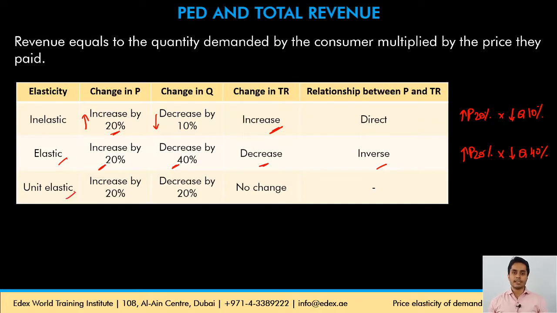For unit elastic, the percentage change in price and percentage change in quantity are the same. The directions are opposite. So obviously the change in total revenue will be zero. Prices going up or down by a certain percentage, the other element moving in the opposite direction by the same percentage, the ultimate change will obviously be zero, and hence the producer sees no change in total revenues for products with unit elastic demand. So I hope the concept is clear. This concept is important from an MCQ point of view. You can expect MCQs on this concept.